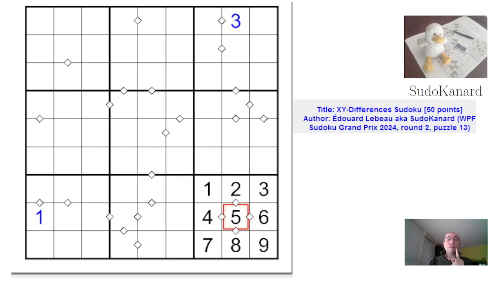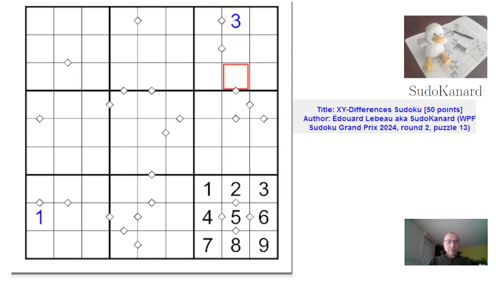And that's not all. All possible symbols are given, which means that in this case, between those two cells, the difference is not 3. Well, we already knew that the difference couldn't be 3 because 5 is already here. But in many instances, this will be very useful. All right, so